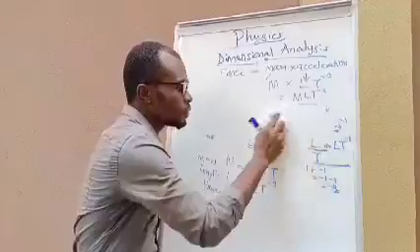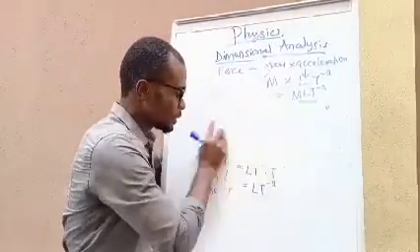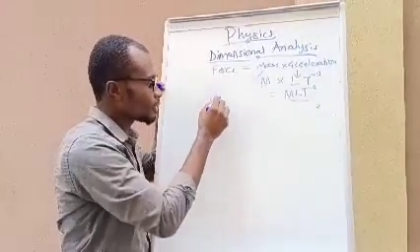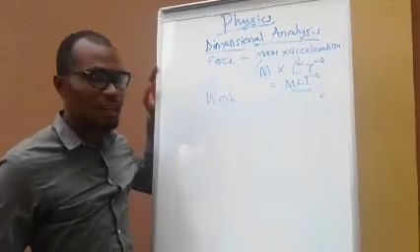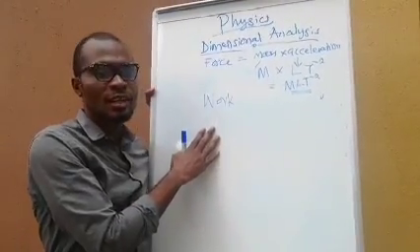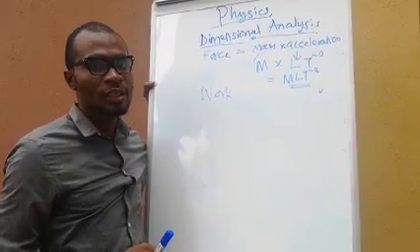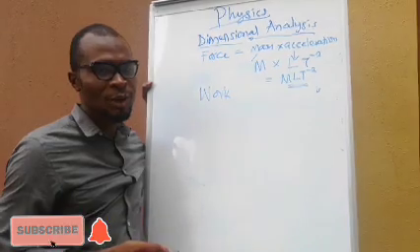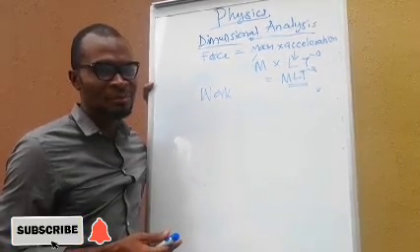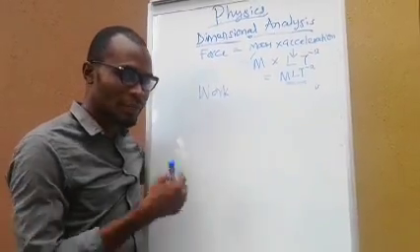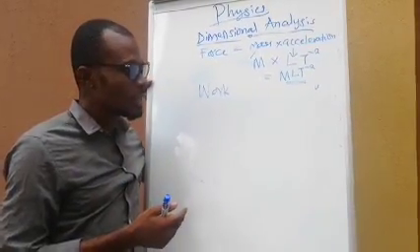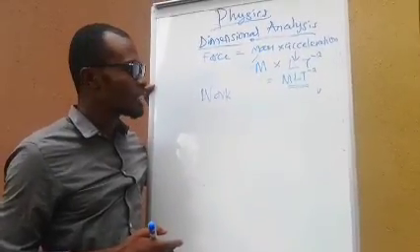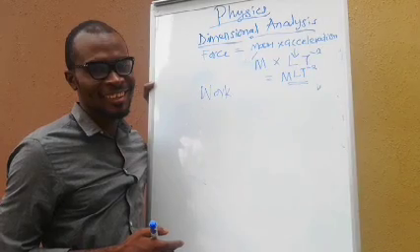I'm going to give you viewers one to try at home. You can try the dimension of work. I'm giving you this to try at home. I want to see your response in the comment box. I'll be checking the comments. Work, I give you a hint. I know some of you might need a hint on that.